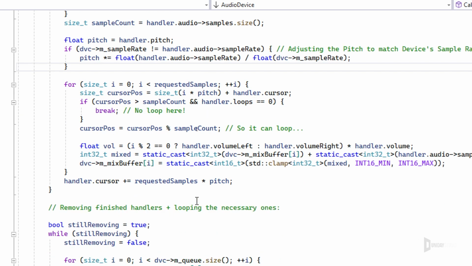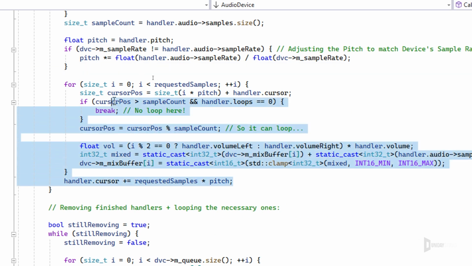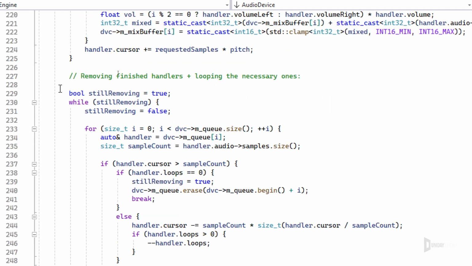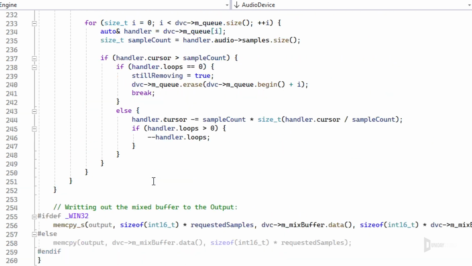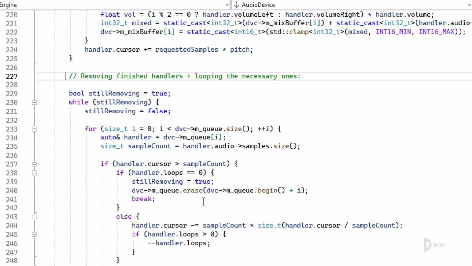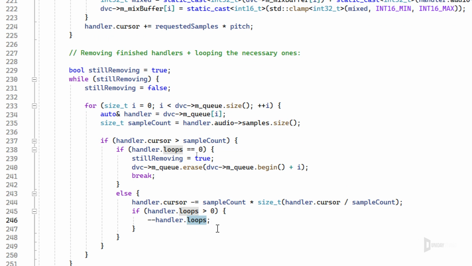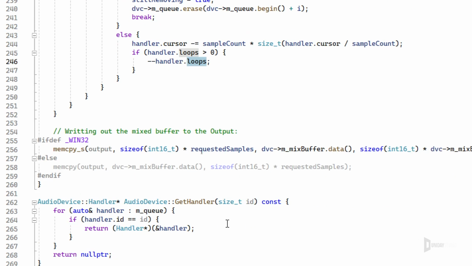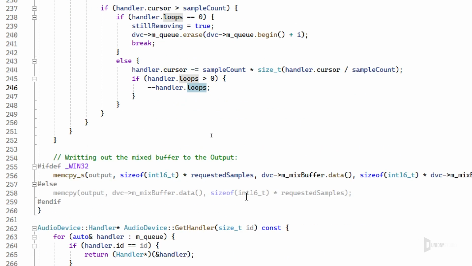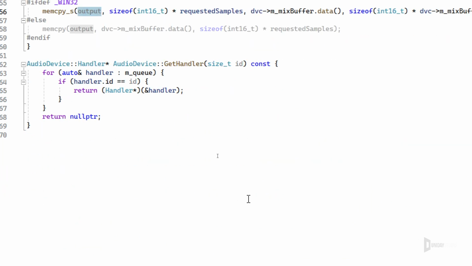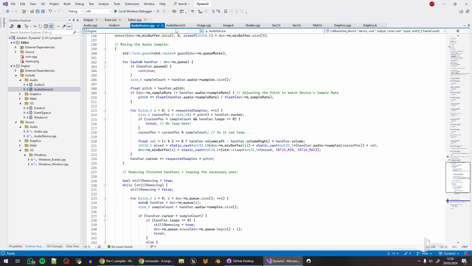So yeah, it does everything: mix the audio, adjust the pitch, adjust the volume, and so on, which is great. And then in the end, it removes all the audios that are finished and also decrements the loops for the handles that are not finished and positive, right? And then in the end, it copies the entire data into the output buffer, right? So very, very simple. And if I play this